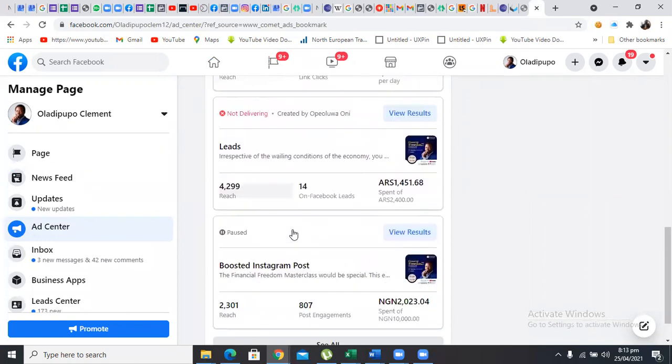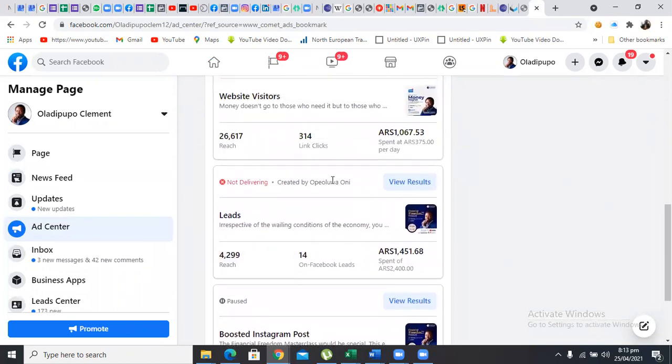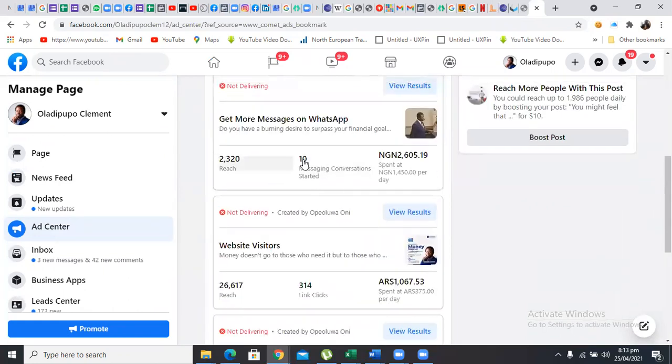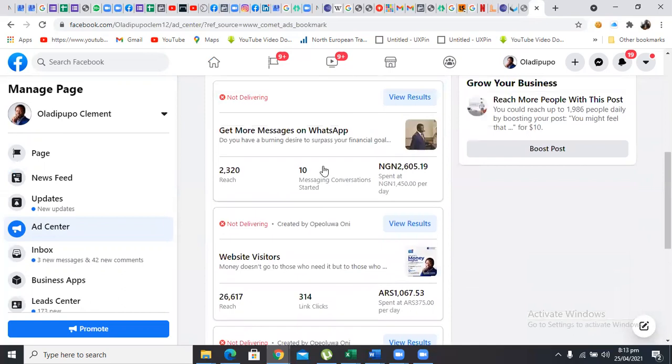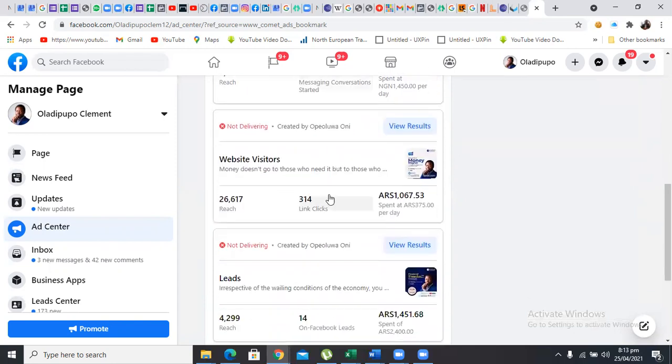All the ads I'm running are somehow not delivering. Facebook shows all of them are still running, but they are telling me that it's not delivering. This ad is one I ran on Friday, and the call to action is to get more WhatsApp messages. So far, I've gotten 10 WhatsApp messages.